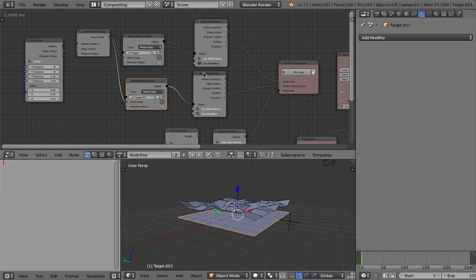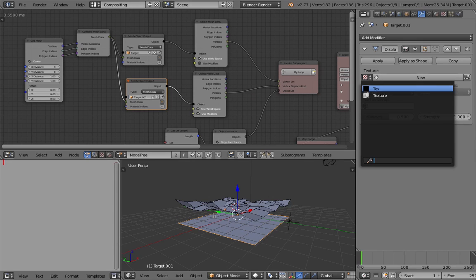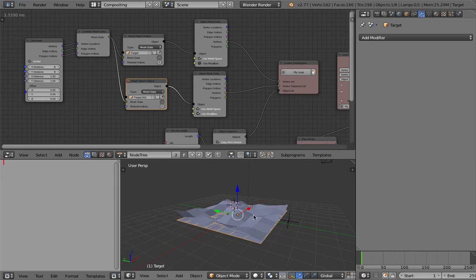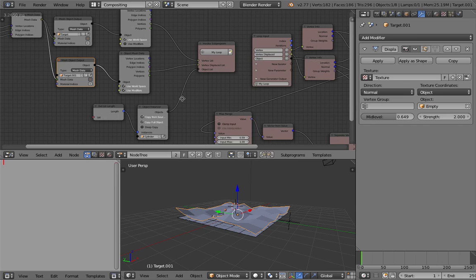So that's our second object right there. We're gonna use a displace modifier driven by the same textures and check. It's our empty, strength of 2, mid-level of 1, so we have exactly the same. So with this guy we can get rid of the modifier. We have the original position and the one being pushed.